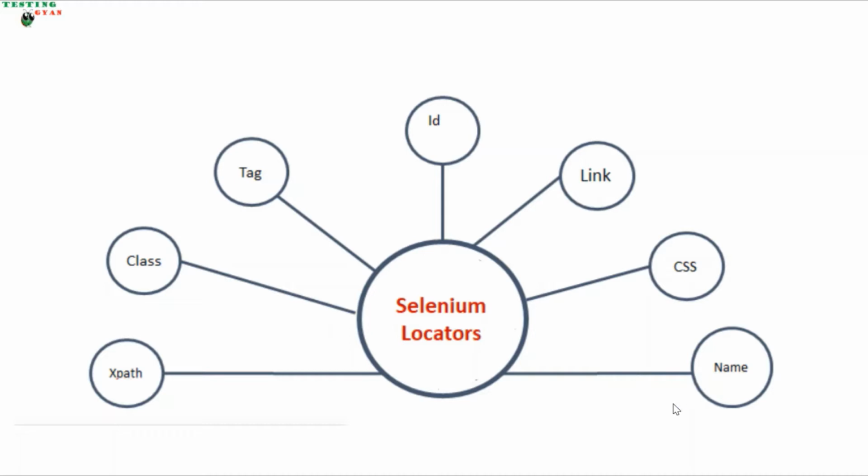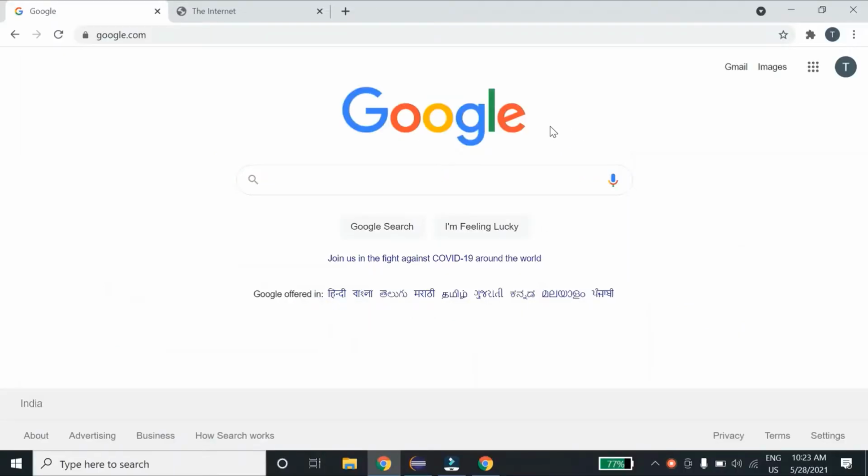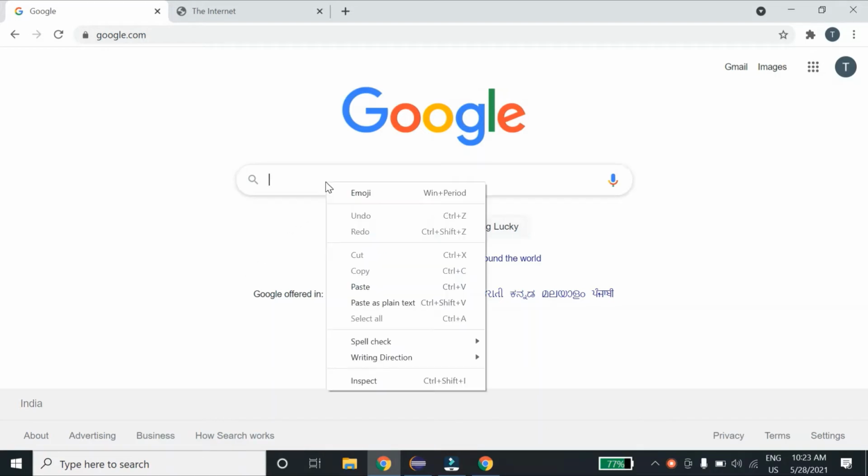Let me open a web page so that I can show you and you can relate to what I meant by name, what I meant by ID, what I meant by tag name. So let me go to google.com. So guys, here I am on google.com. As you can see, there are multiple web elements present on this web page. To check the properties or the DOM structure of a particular element, we'll right click on that element and click on inspect.